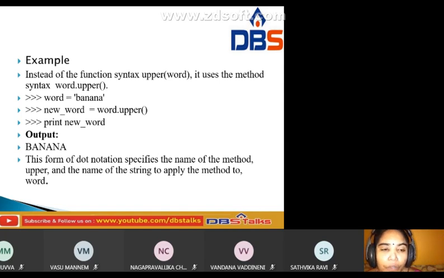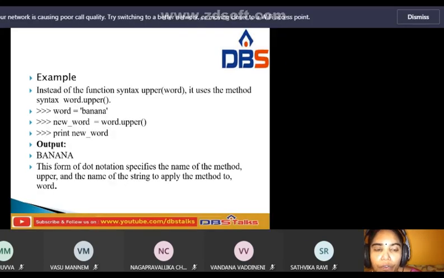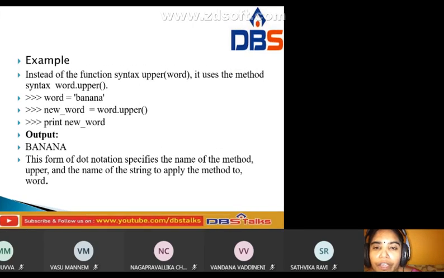Here word holds the string banana, and we use the upper method on it. Print new_word. The output is BANANA in capital letters.